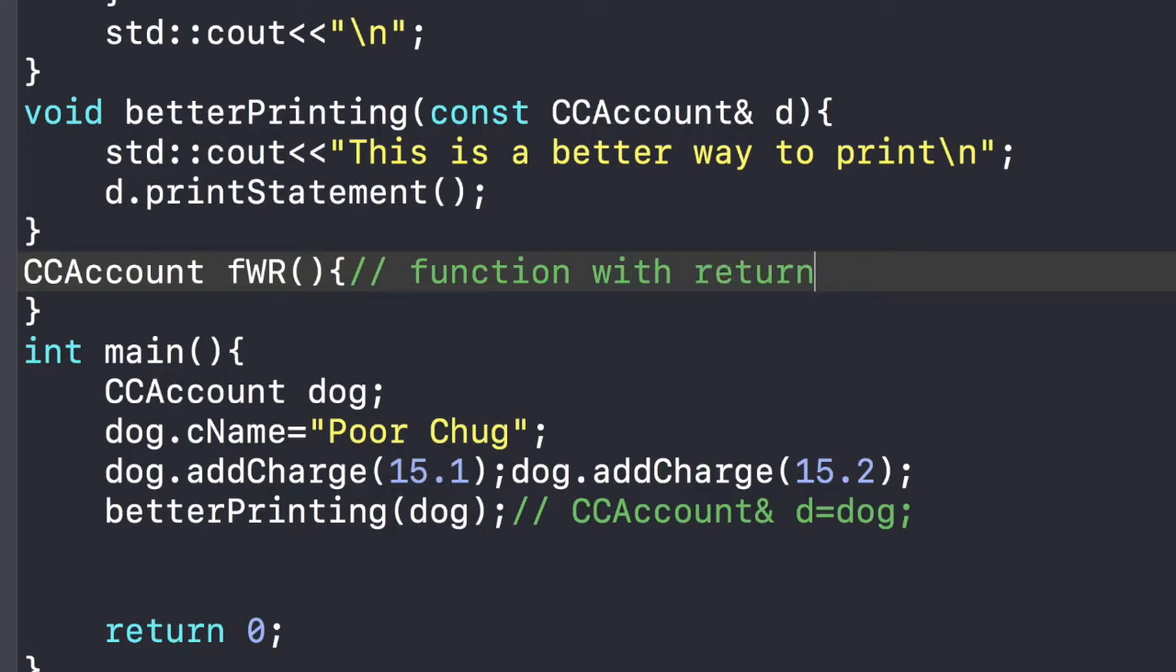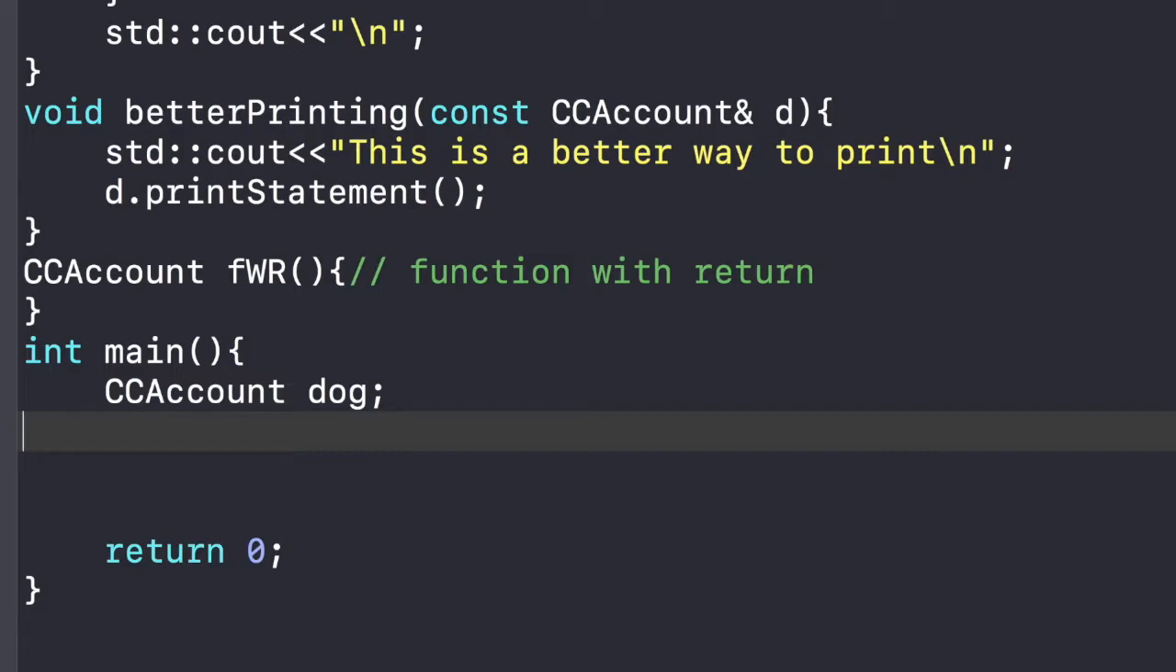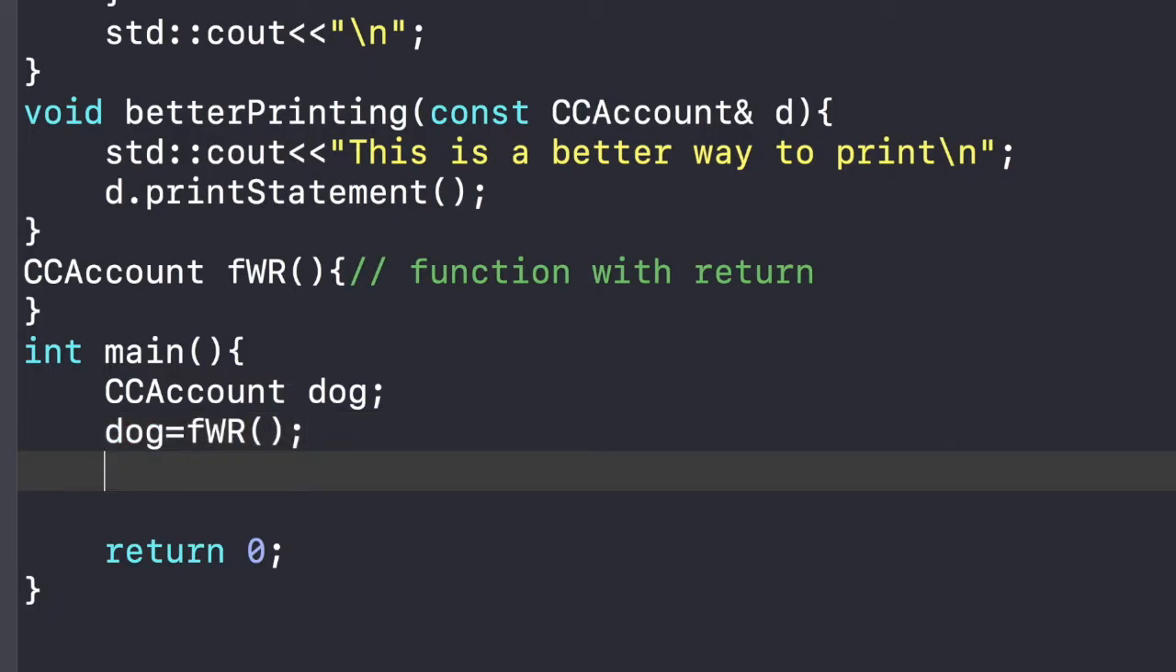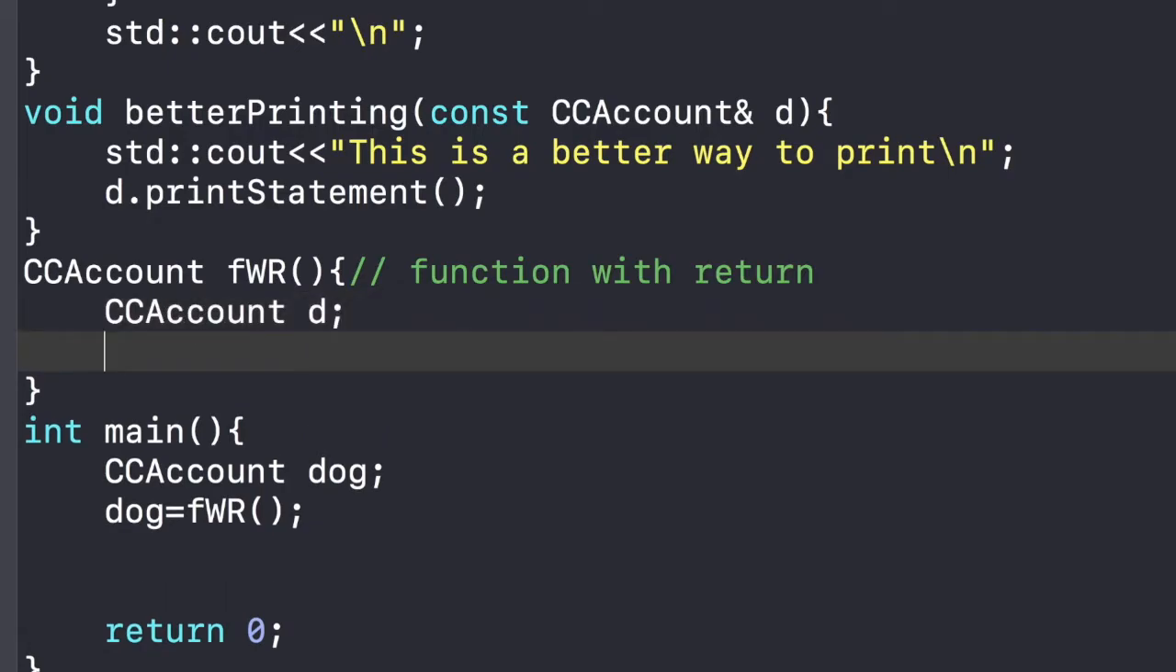So what is my function going to do? I will create a dog. Instead of specifying the name of the dog in the main function, I will just call dog equals FWR. And in the body of my function, I create an object of type D,